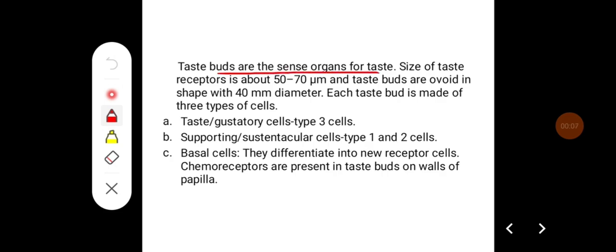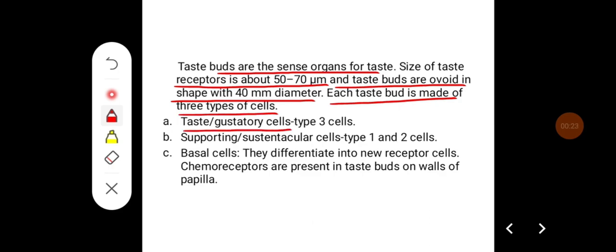Buds are the sense organs for taste. Size of taste receptor is about 50 to 70 microns, and taste buds are ovoid in shape with 40 millimeters in diameter. Each taste bud is made up of three types of cells, that is taste or gustatory cells, which